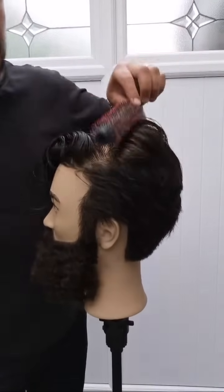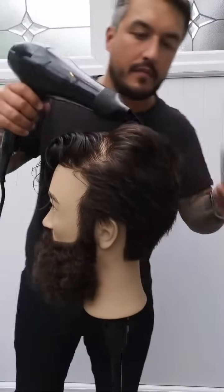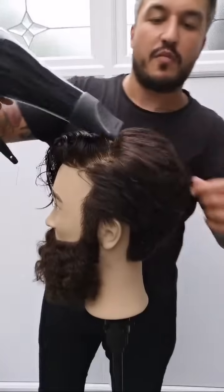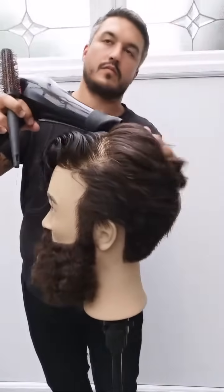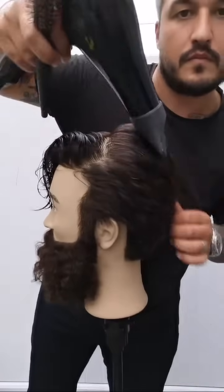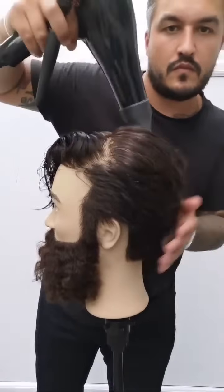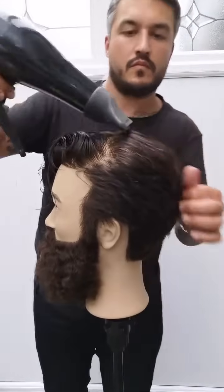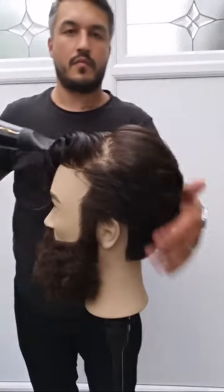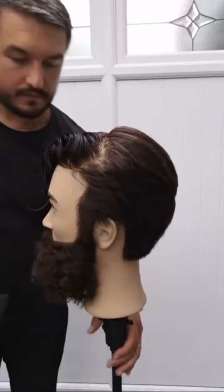Just give a bit of dryness at the roots and just let it fall naturally as it gets to the back. I'll finish off with my fingers through. So I'll create that nice length, remove it from there. Now, what I tend to do now